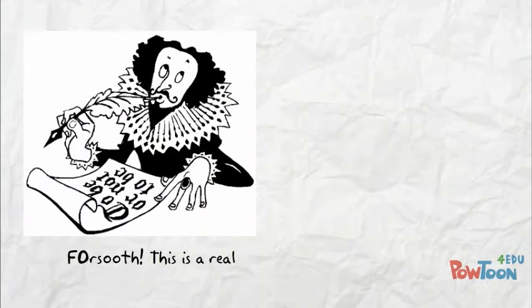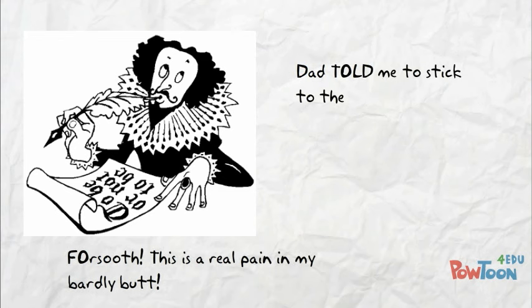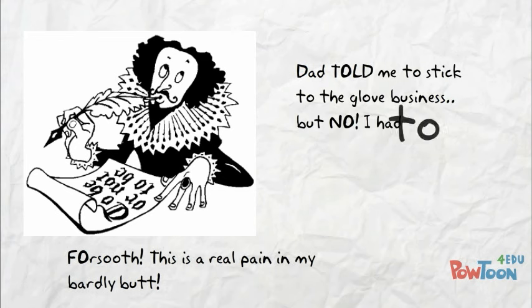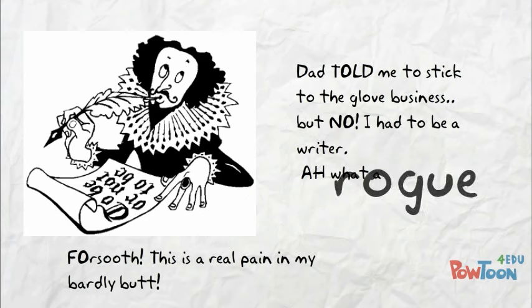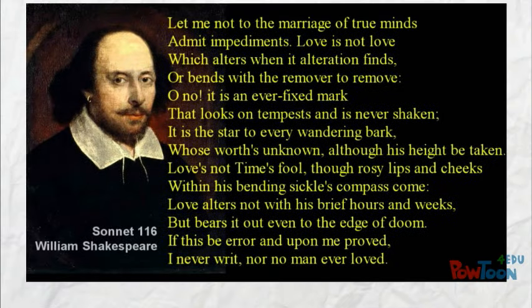So here's Shakespeare's problem. He's got to write 14 lines, and it has to be in iambic pentameter, which means 10 syllables per line. Also, alternate lines rhyme. It's a tough job. So let's see how old Bill handled enjambment.